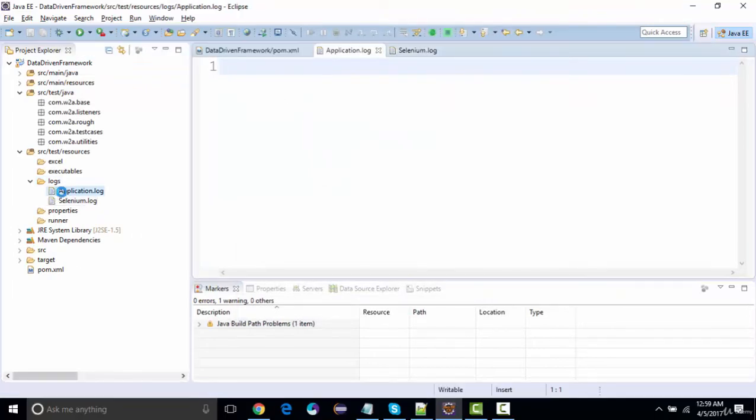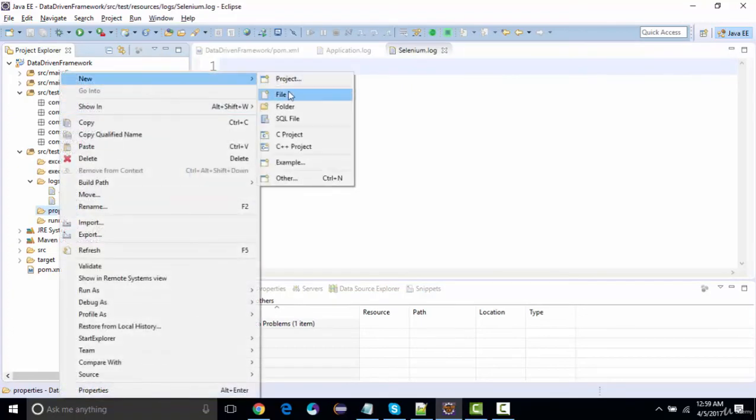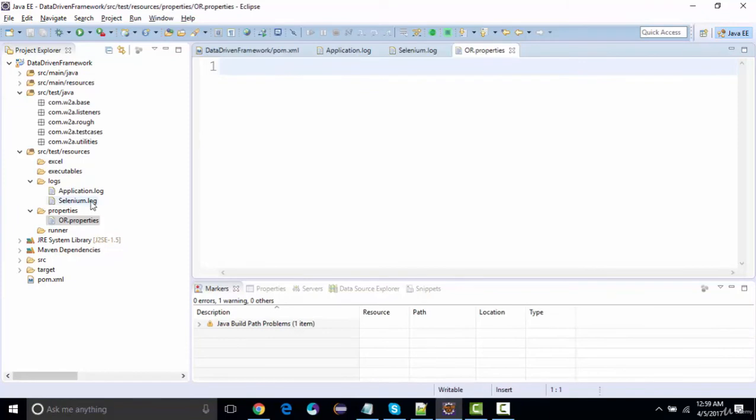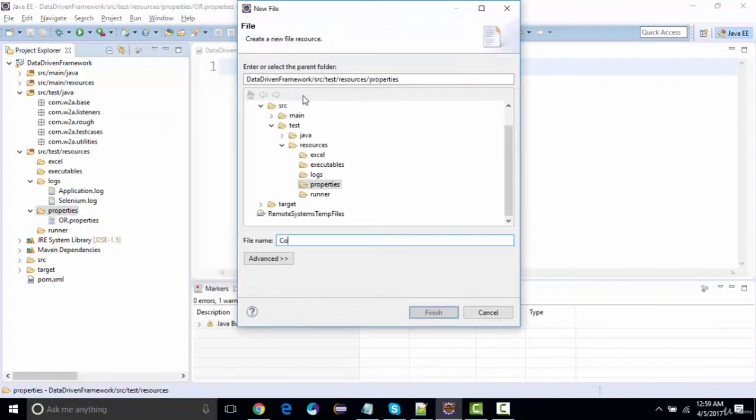So user-defined logs will come in application log, and Selenium log will be your auto-generated logs. Then we can add a couple of properties files over here where we'll be maintaining our locators. So this will act like an object repository. So I'll say or.properties,